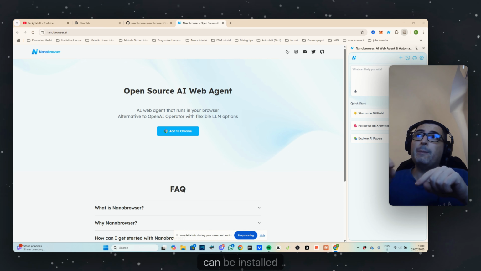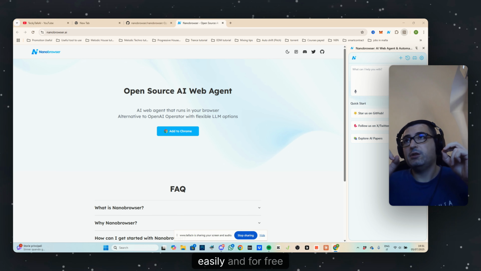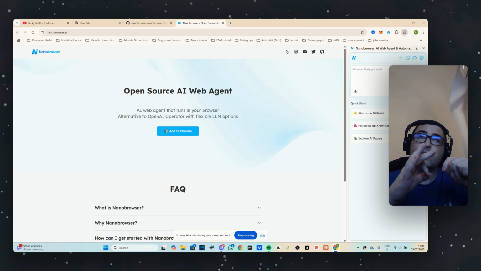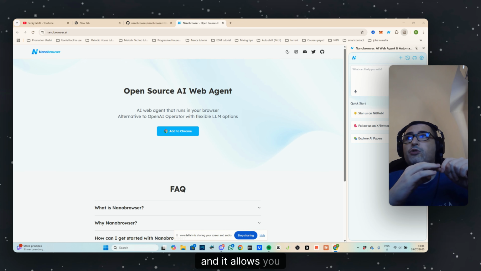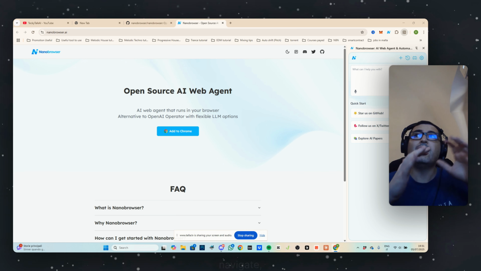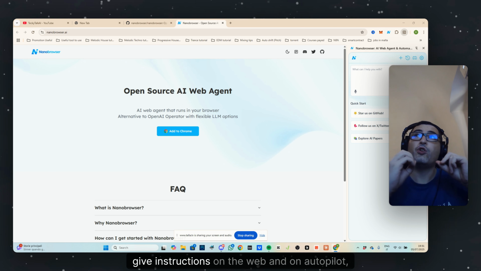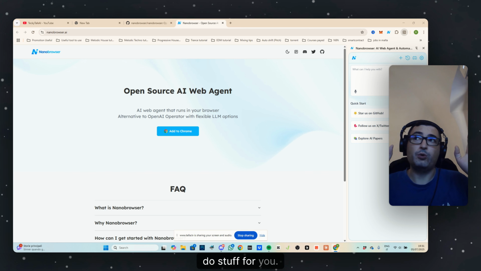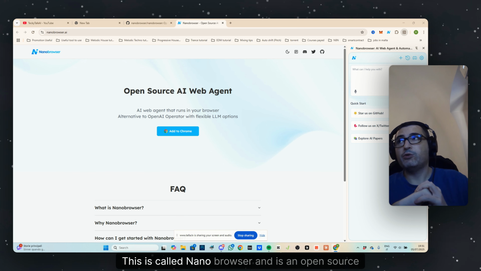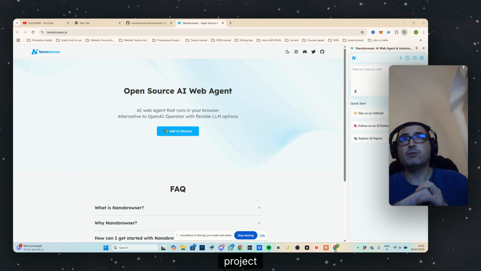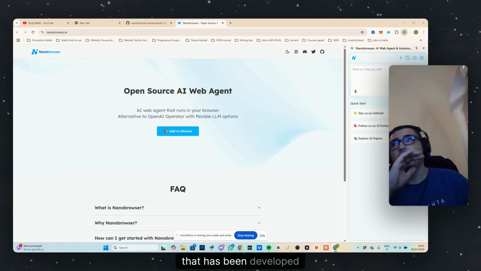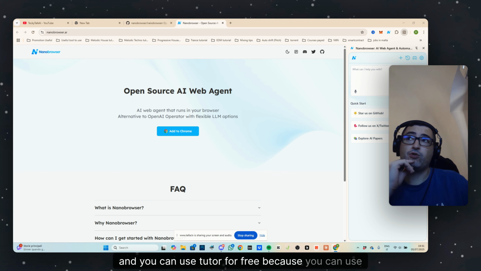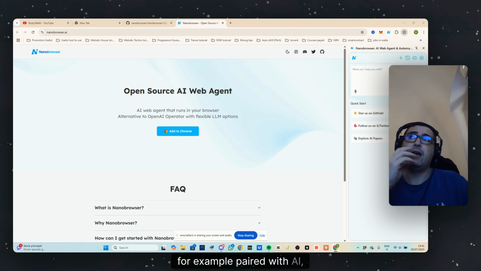This tool can be installed easily and for free on your Chrome browser, and it allows you to navigate, give instructions on the web, and on autopilot do stuff for you. This is called Nano Browser, an open source project, and you can use it totally for free because you can use it, for example, paired with AI